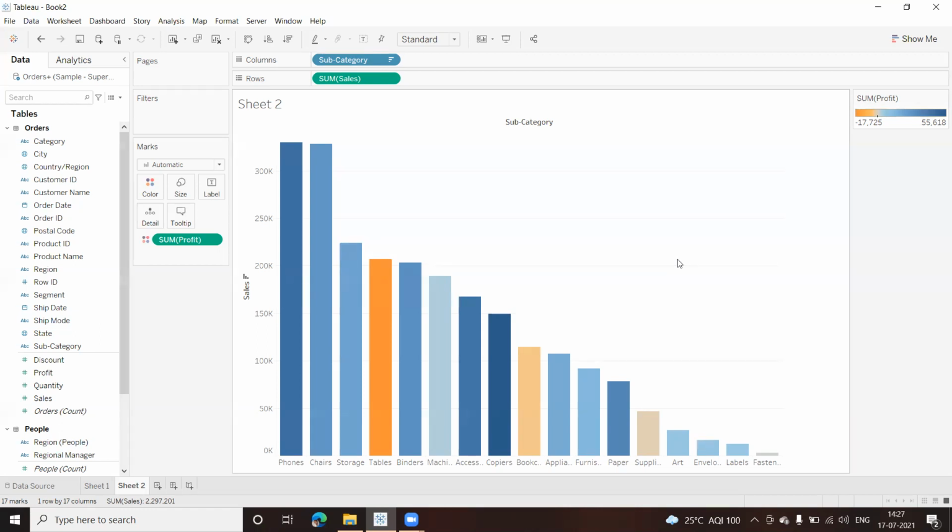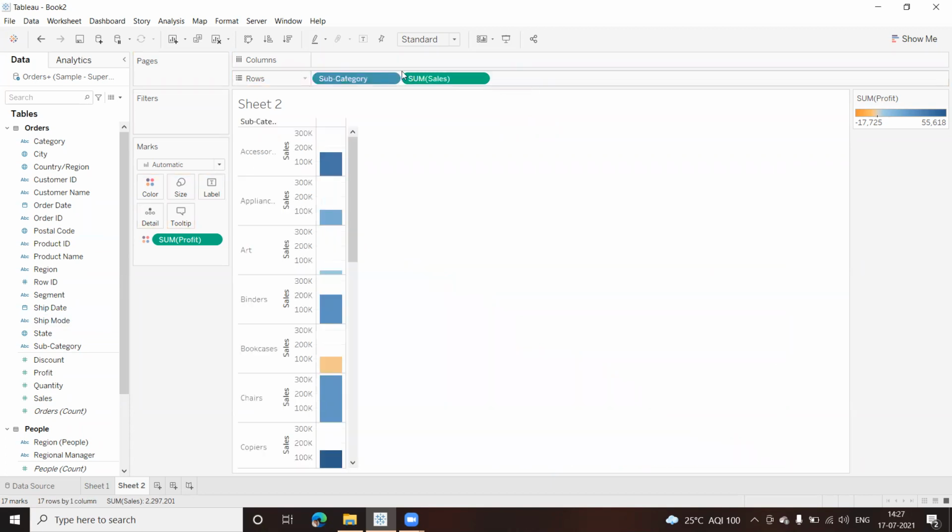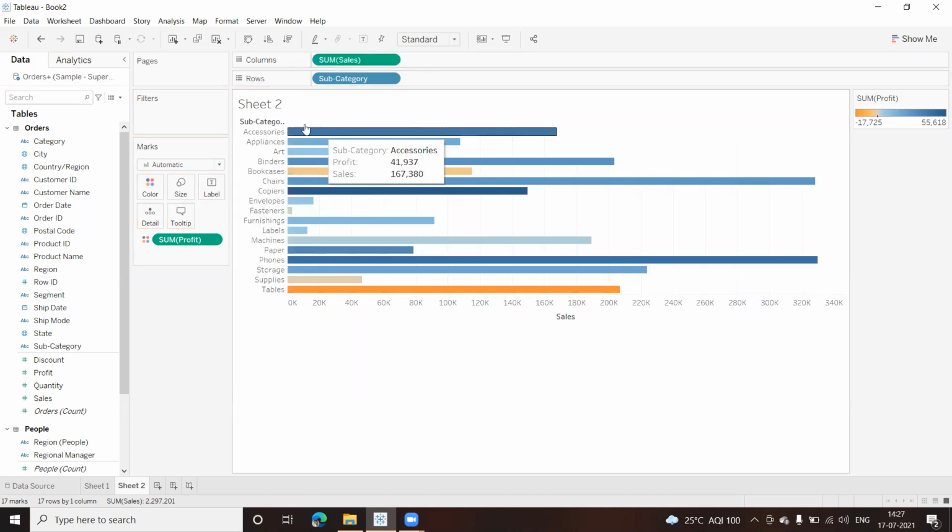And if I want to categorize this further as per category, you can think about dividing this by category as well. So if I change this, let us change this a bit. I'll put this here, and the sales value here. Fine. And I'll put the subcategory. Where's the subcategory? Subcategory in the row.